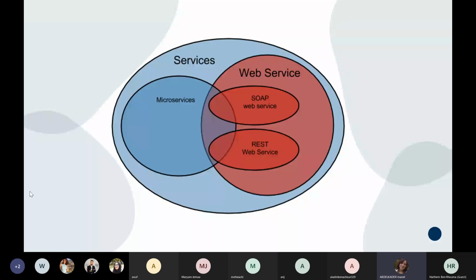Not in detail. REST is more flexible. But SOAP,